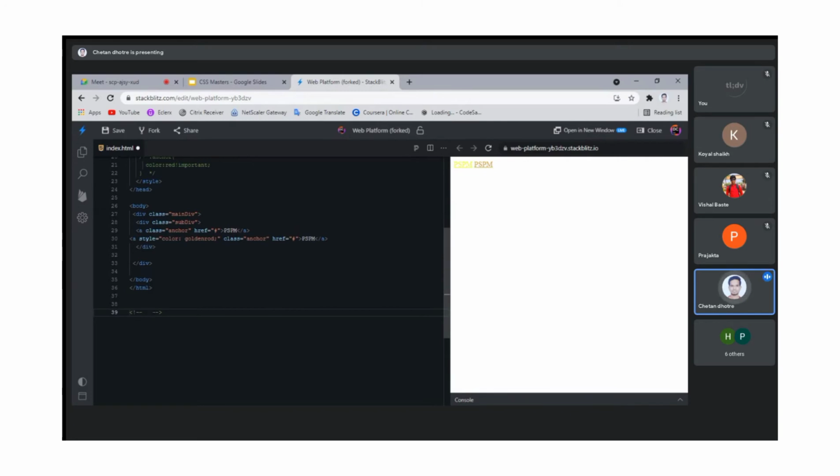This is just the root element. Basically there are two important units, rem and em. Both of these are relative units.